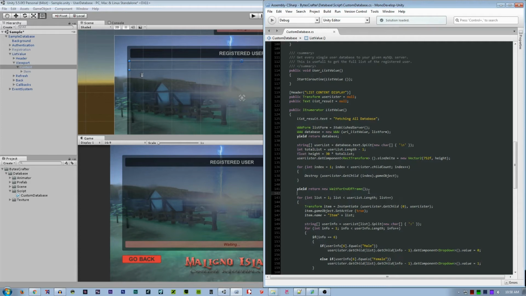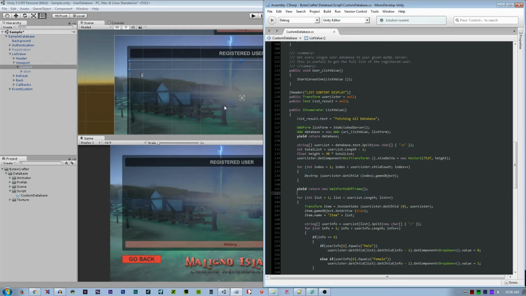We put this yield return new WaitForEndOfFrame for the Unity to finish deleting all the items. For example, there is 4 items here, and then we registered a new account, and then we refresh.